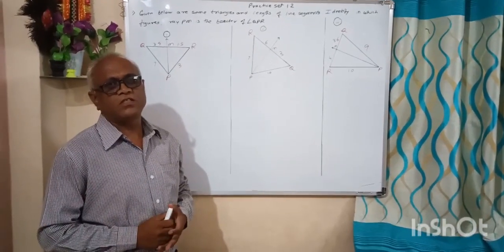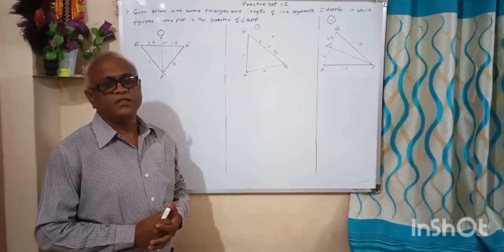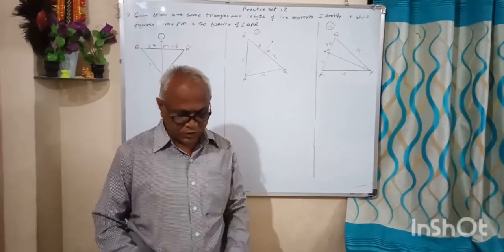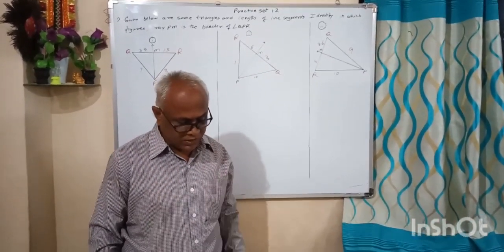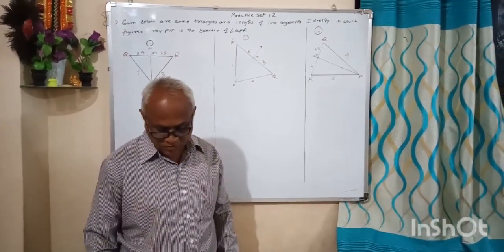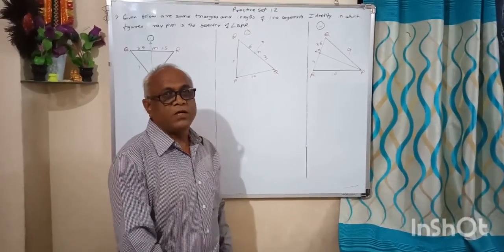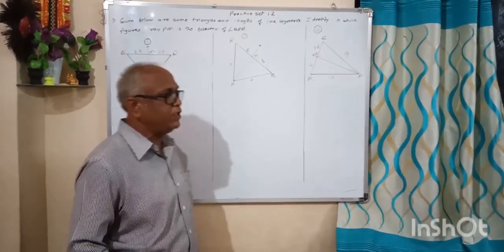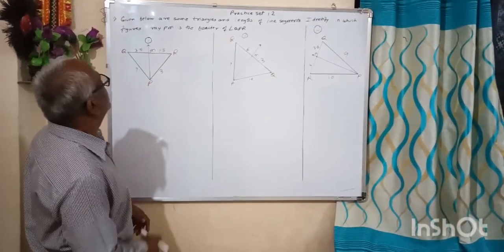Today we are going to see the standard 10th Maths 2 chapter number 1, similarity. In the previous videos we have seen the theorem, that is the basic proportionality theorem and the converse of the basic proportionality theorem. We have seen the properties, that is the property of angle bisector, and also the property of three parallel lines and their transversal. By using these theorems and properties, we are going to solve practice set 1.2. From practice set 1.2, question number 1 we have taken here.